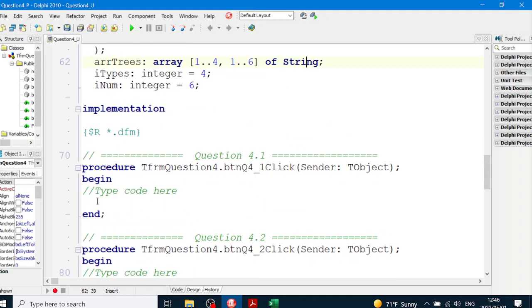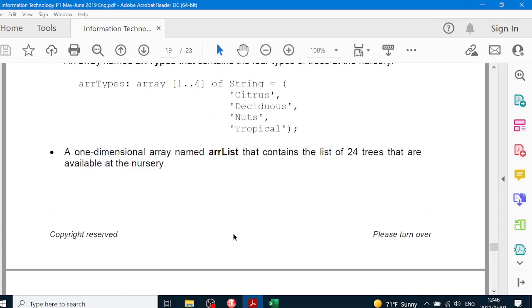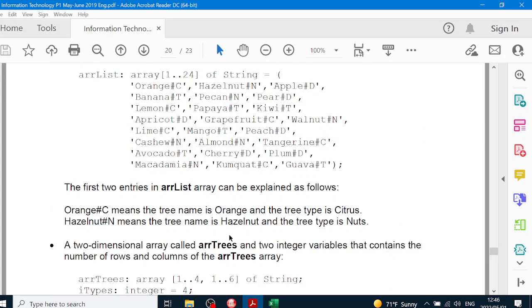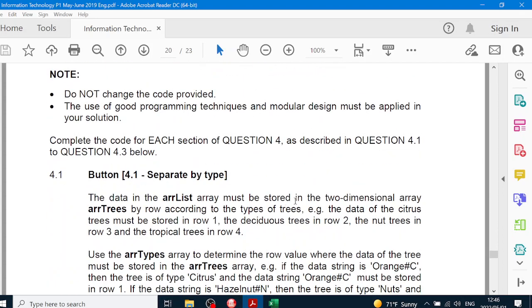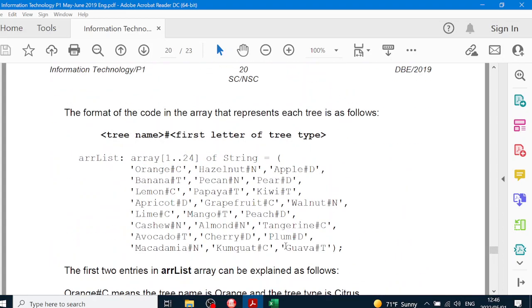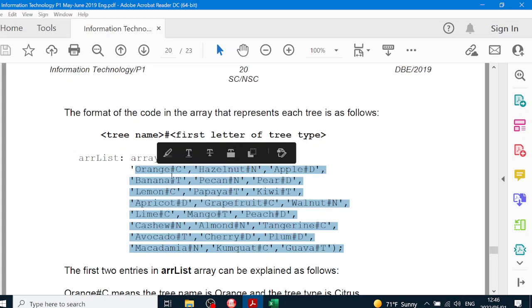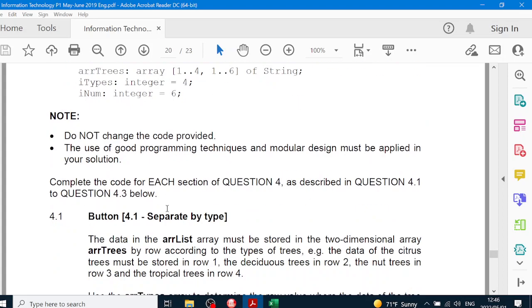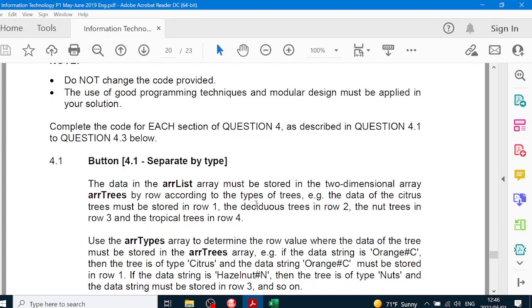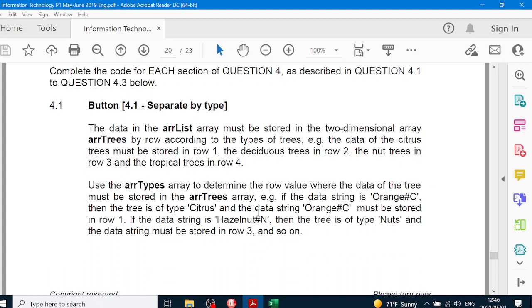And in question 4, let's go and have a look. AR list must be stored in the two-dimensional array. So we're going to take the contents of ARR list, which is 24 different names of trees with hashtag and a C or hashtag and N, and put them into the two-dimensional array called AR trees. And all citrus must be in row 1, deciduous in row 2, and nut trees in row 3, and tropical trees in row 4. And then they explain that the C is for citrus, the N is for nut,